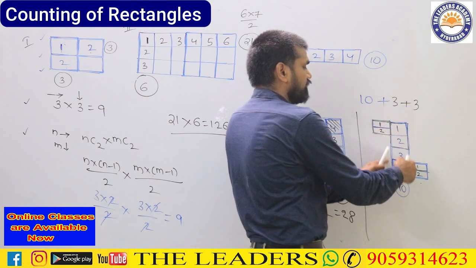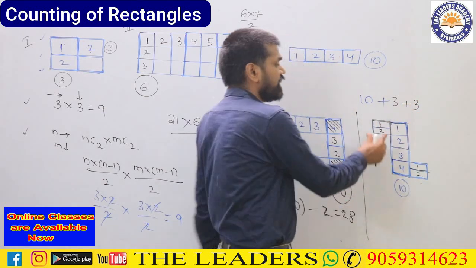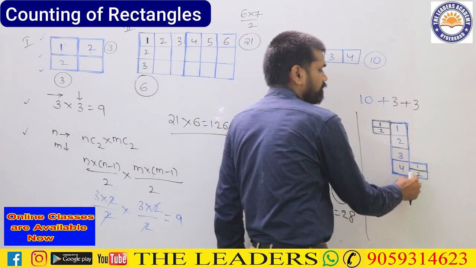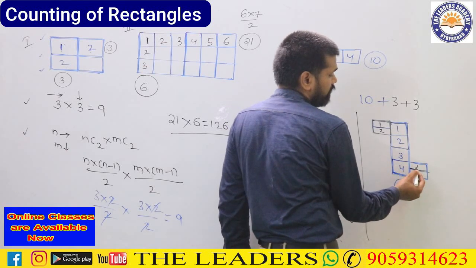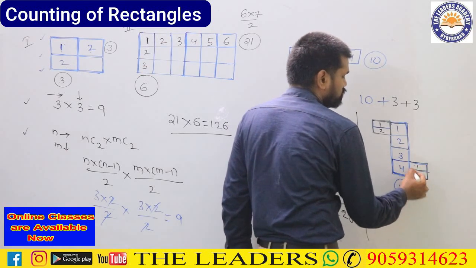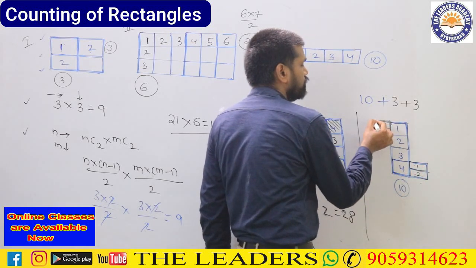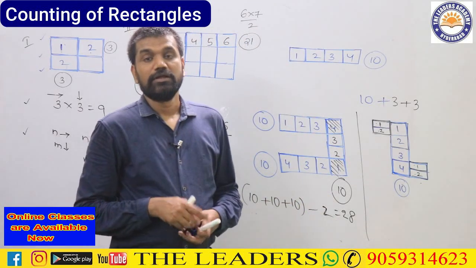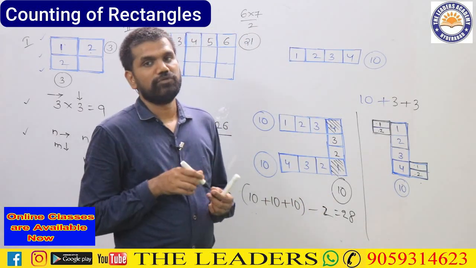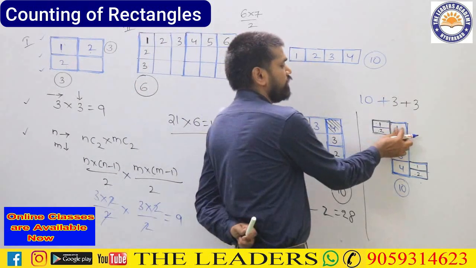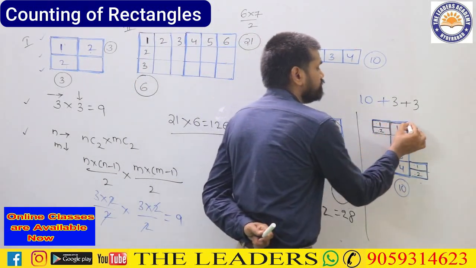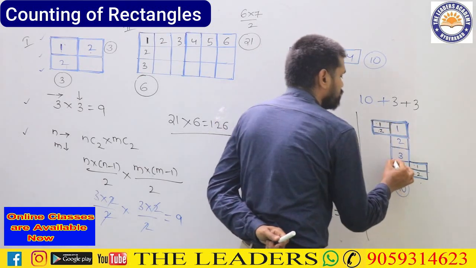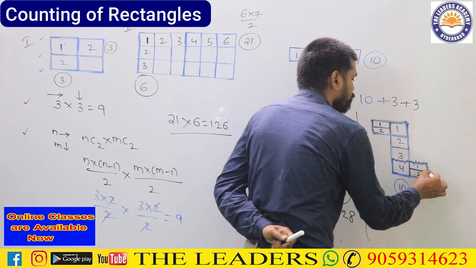I repeat, this vertical sum, it is giving me 10. This diagram is giving me 1 plus 2, 3 in total. This particular portion is giving me 1 plus 2, that is 3. Why 3? I will show you if you have a doubt. 1, 2, this one, that is totally giving me 3. Similarly 1, 2 plus this one. In total that is also giving me how much? 3. Now the other thing that you have to be careful over here is, we have counted this square, but we have not counted this bigger one. This bigger one I have to take into consideration along with this bigger one also.